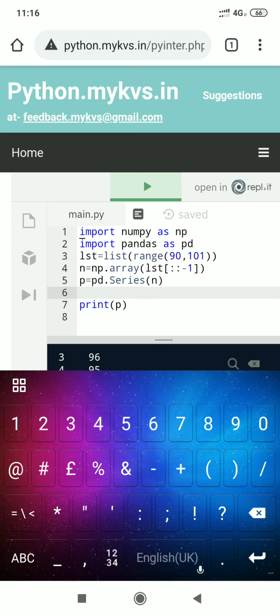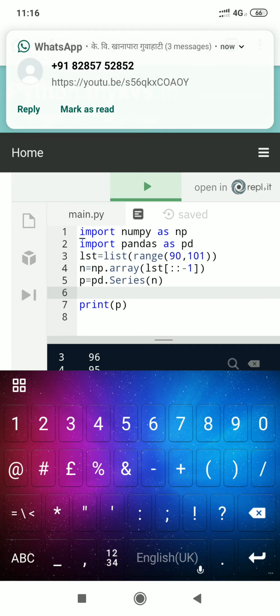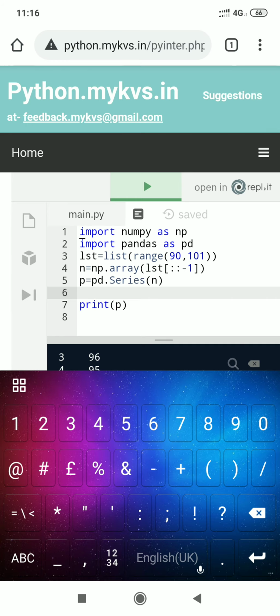The question was to create series, one with numbers starting from 100 to 90 and another with square root of 100 to 90 as pandas series.